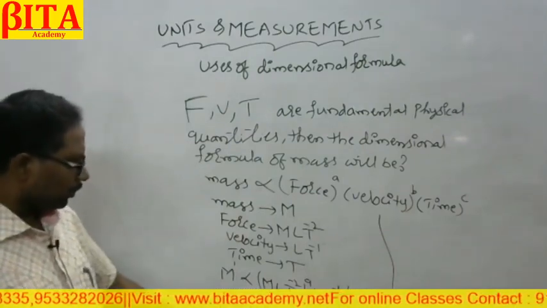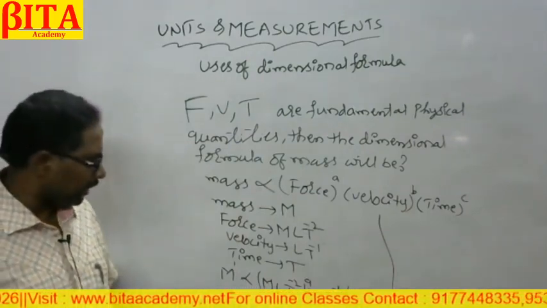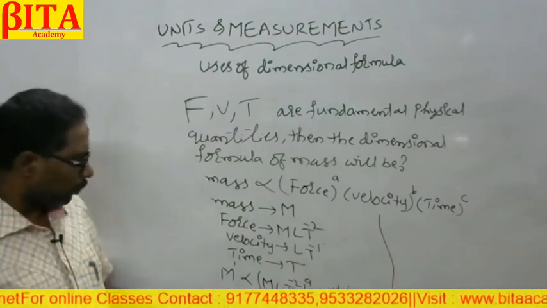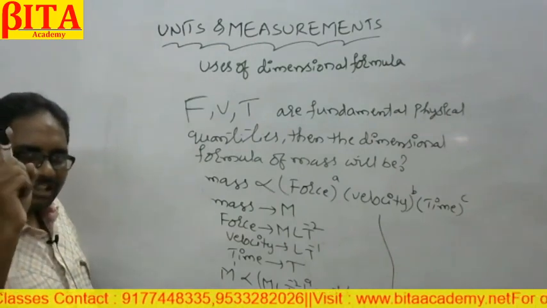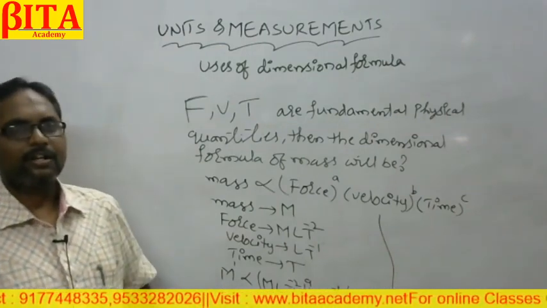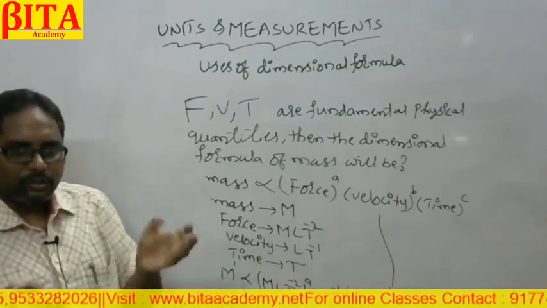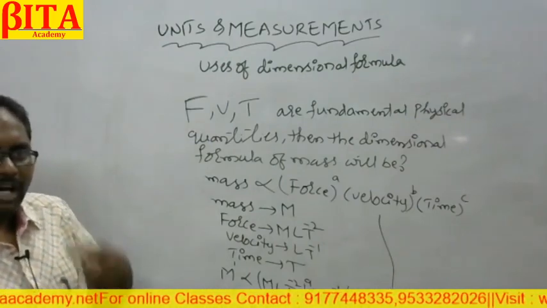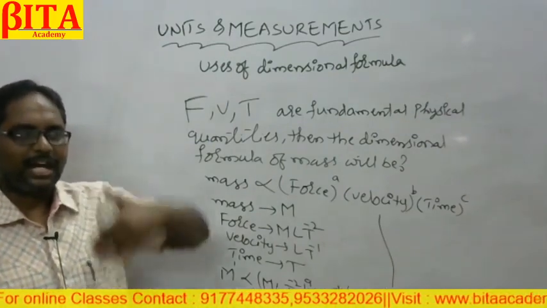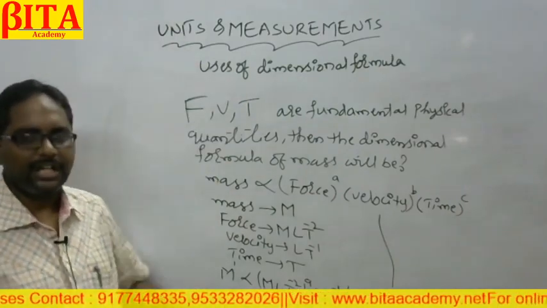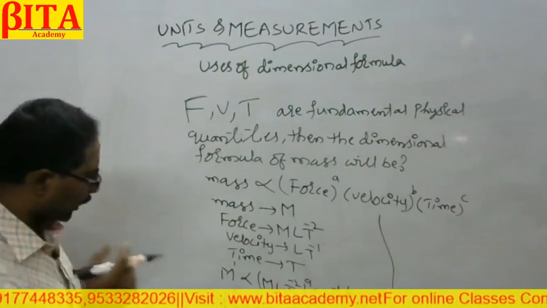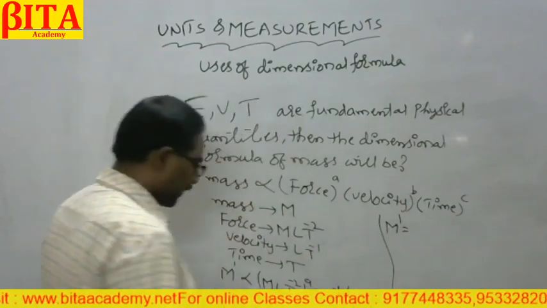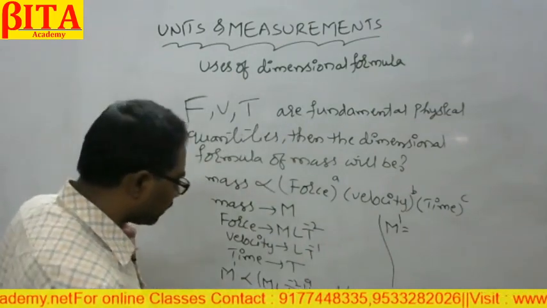Right. Now, you know that according to the principle of homogeneity, the terms which are there in an equation must have the same dimensional formula. So in this equation, the left side has one term and the right side also has one term. That means both the terms on the left and right side of the equation must have the same dimensional formula. That's why we write the dimensions of each and every fundamental physical quantity. Then we compare. Okay, left side M power 1 is there, so I am writing M power 1 which is equal to k, dimensionless, so I am not writing any dimensional formula for it.